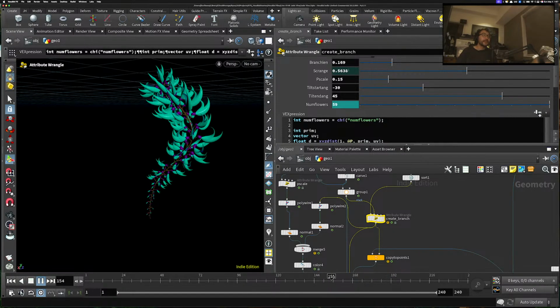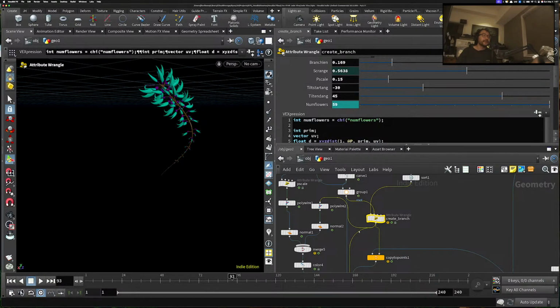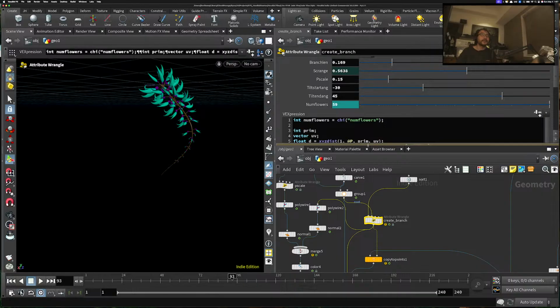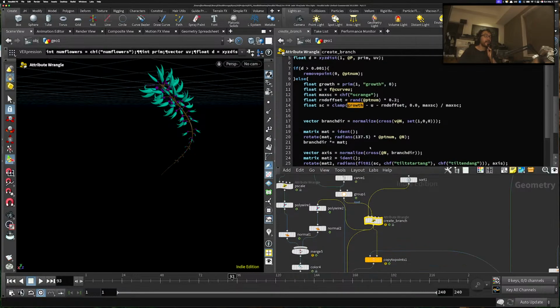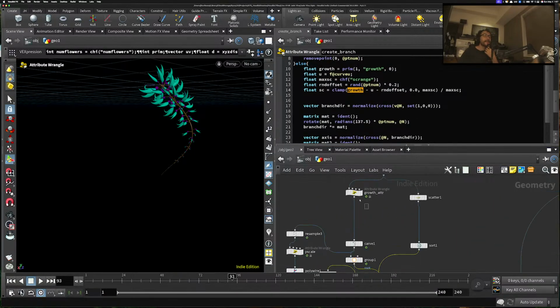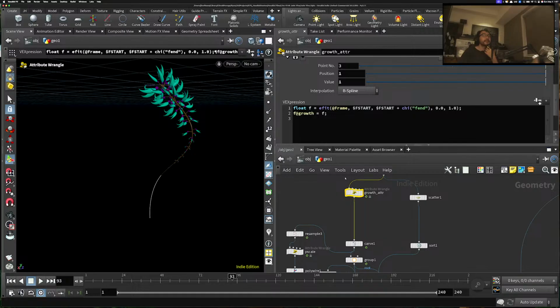This is not a matter of the SC range, but of how you control the SC value right here. It seems like this is a linear value. That is because the growth value is linear. That's why. Yeah, makes sense. So, in order to make sure this is not a linear value,